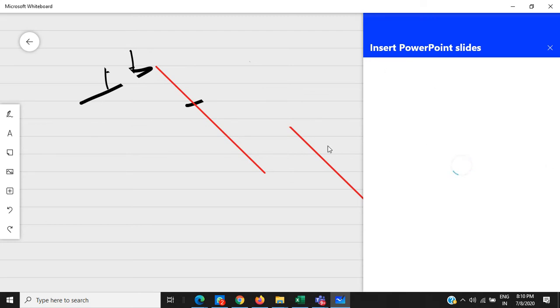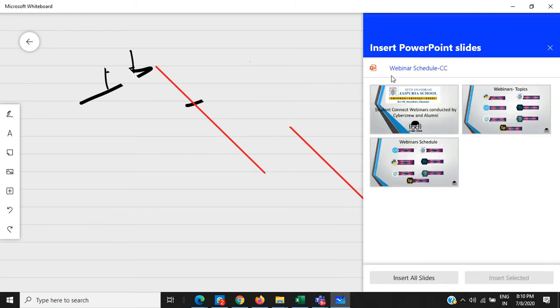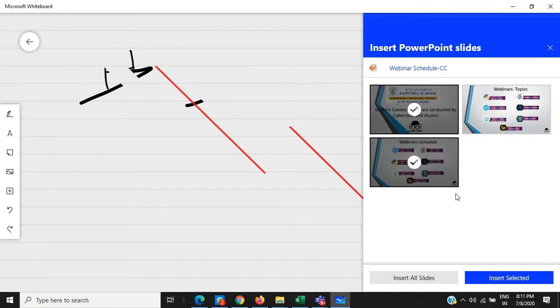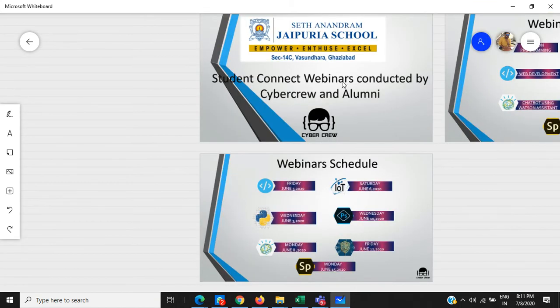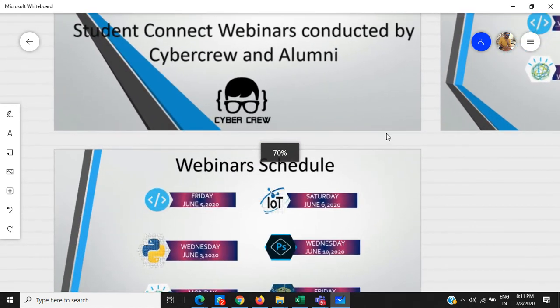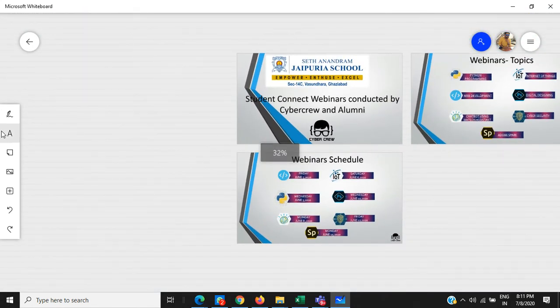So it's better for us if we can open it in advance so that it is easy for us. So we can use that. So there is a PPT that I want to use, so I just selected that one. We have to use that. Insert all slides, and now this comes to my Windows screen, and if I want to write something over